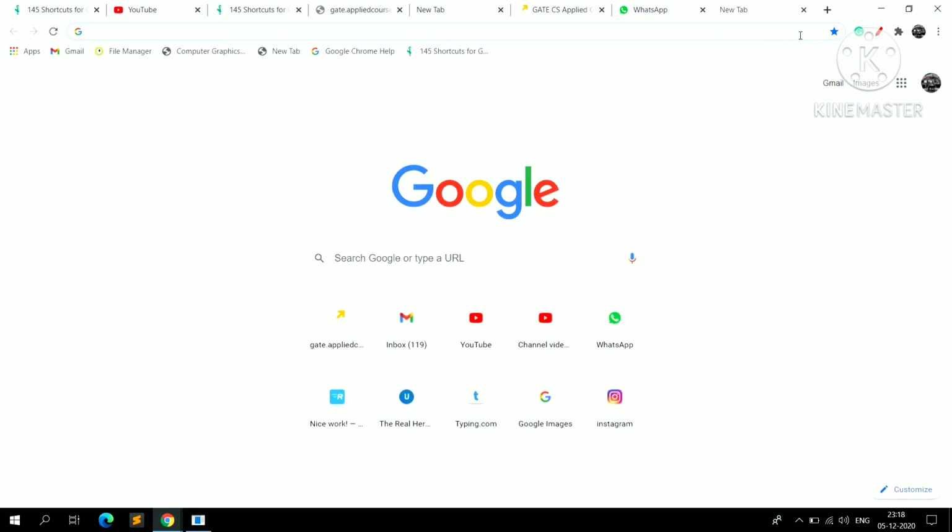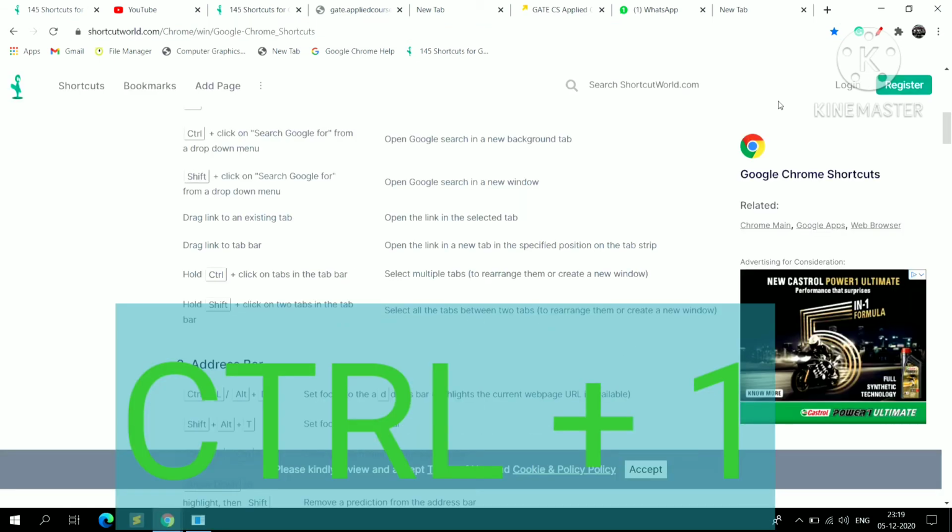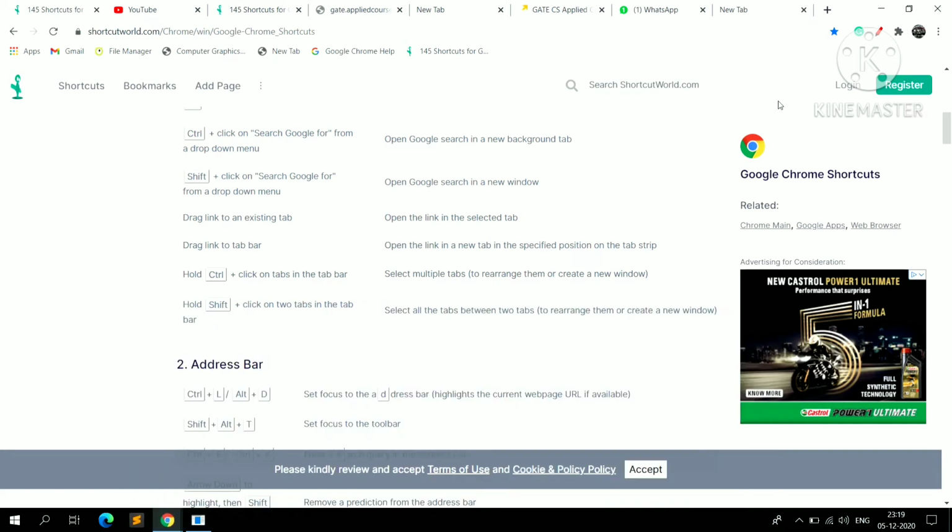Fourth one is also a very important shortcut key. If you are on the last tab and you want to go to the first tab, how will you go? Just press Control plus 1, you can see here on the top. One by one you can switch tabs.